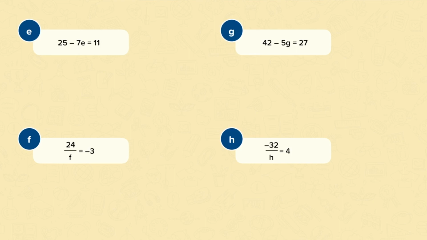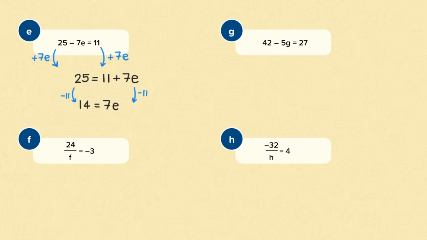25 minus 7e equals 11. It is much more difficult to work with a negative unknown, so to get rid of our negative 7e, we do the inverse operation and add 7e to both sides. So 25 equals 11 plus 7e. Much nicer. We know the inverse of adding 11 is taking 11 from both sides, and we find 14 equals